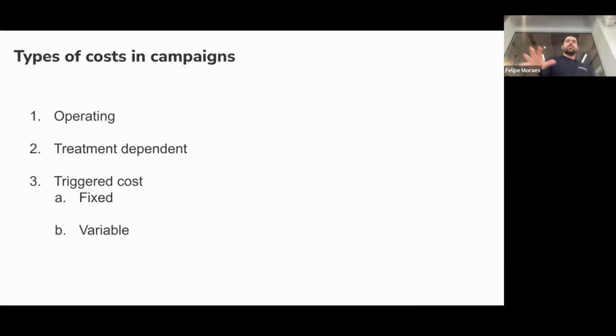So just to summarize, I want to go a little bit over the types of costs that we talked about. Operating costs, you don't usually think about when you are doing uplift modeling, but you should do it in the project planning part of it. Then there's treatment dependence, where everyone gets it, and there's triggered costs. In e-commerce cases, most of the time we have triggered costs because out of giving coupons, promotions, special things, usually only if someone actually buys with that do we have a cost. Otherwise, no one bought, you don't get anything, but we also don't incur a cost.